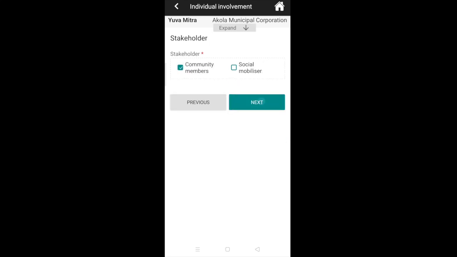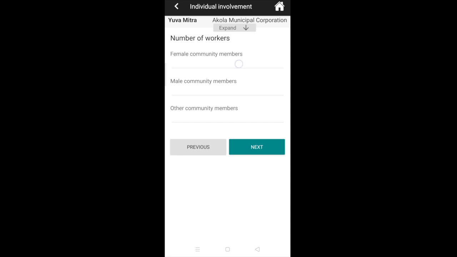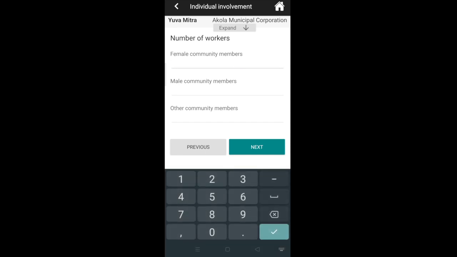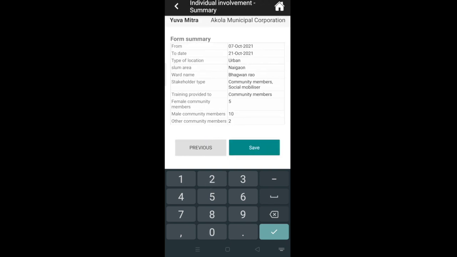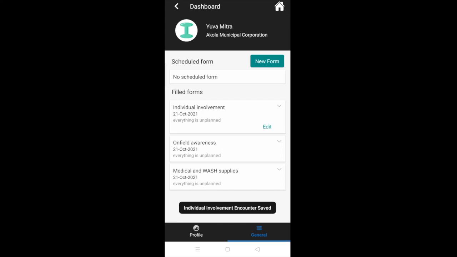Stakeholder, community members. Number of workers, how many female community members, let's say 5, how many male, how many other gender. So this is again our form summary. We'll say save. So we have filled one individual involvement, and here you can see these two forms that we filled from the staff member user.